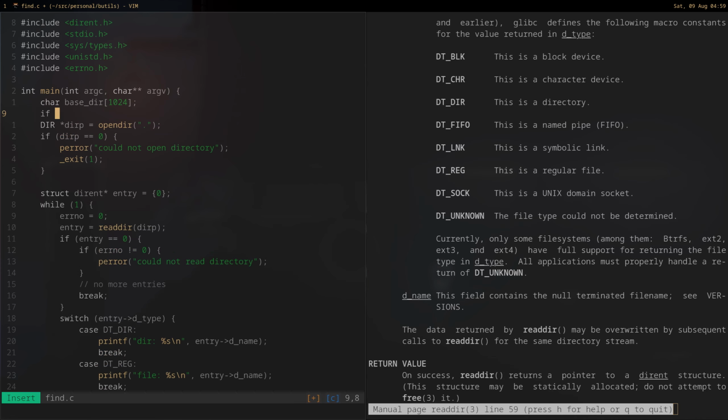If argc is greater than 1, so the first CLI parameter would be a base directory if it's provided. So if the argument count is greater than 1, so we say